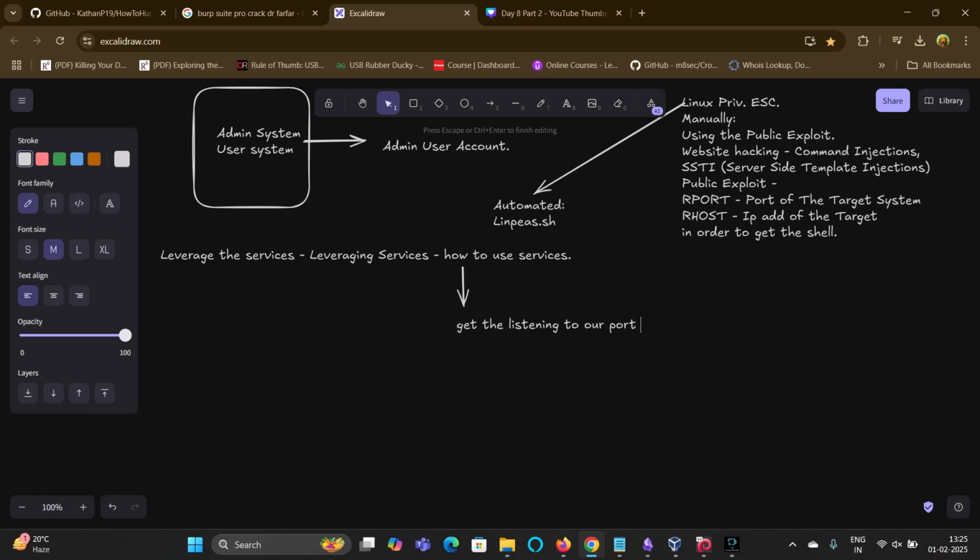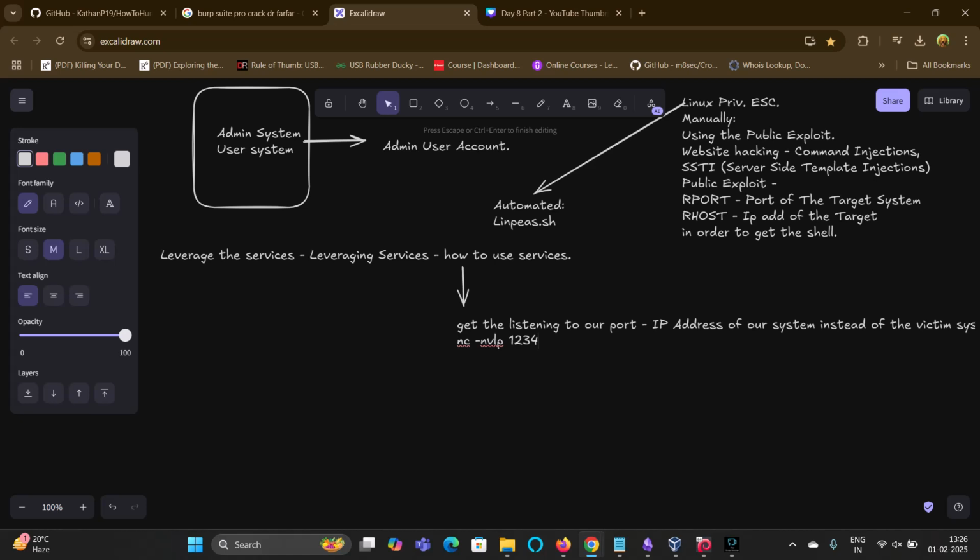And what our port means is, we are going to use the IP address of our system, instead of the victim system. And how we listen to the port is, we are going to use netcat: nc -nvlp 1234. That's how you basically run the listening of a particular port.